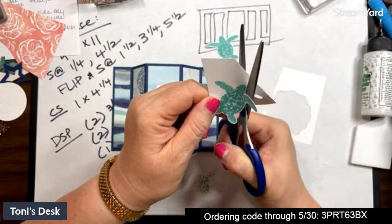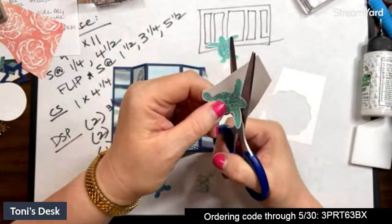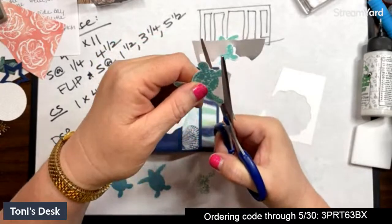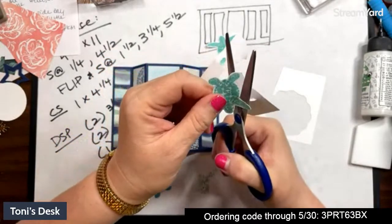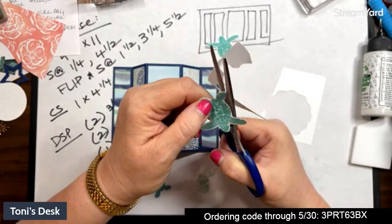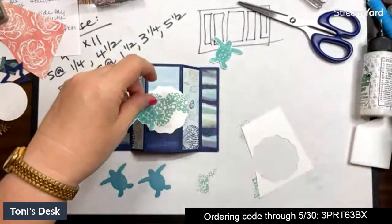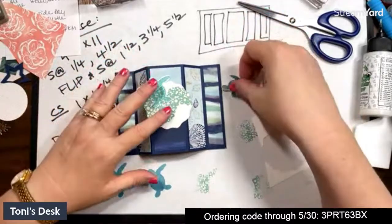Yeah, let me get that off of there. These guys are definitely going to need some Wink of Stella. Or even, just to make them glossy, I might do that later. Paint their bodies with crystal effects because I still have some. And then I'll have to let it dry. Ooh, I like it. I like it. All right, and then we can have